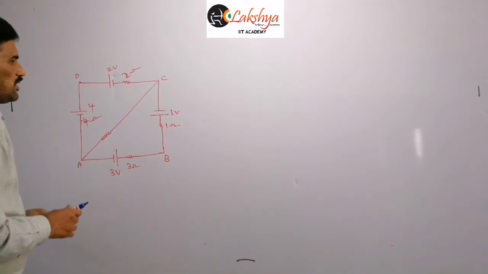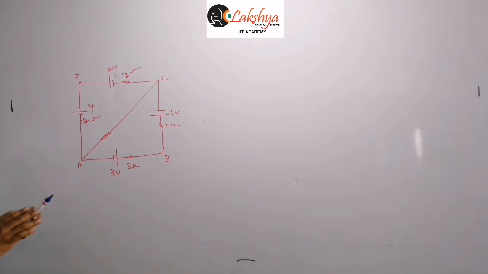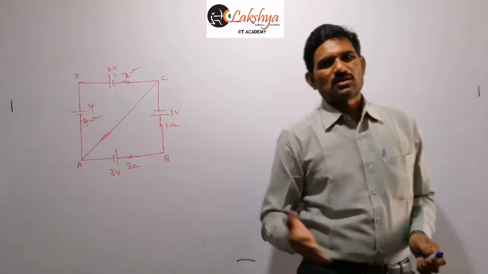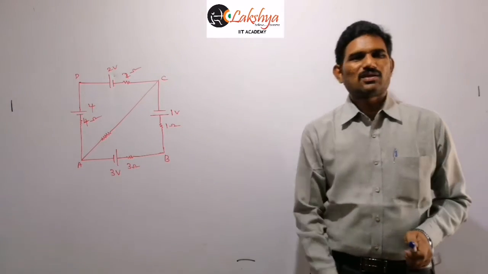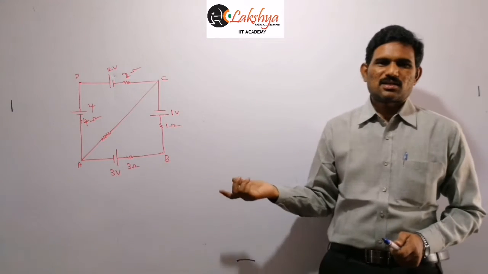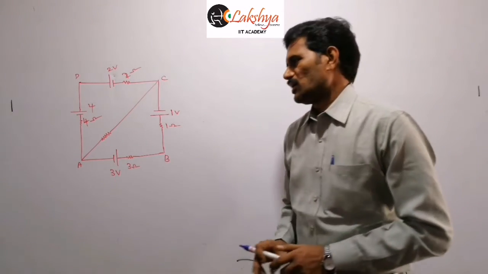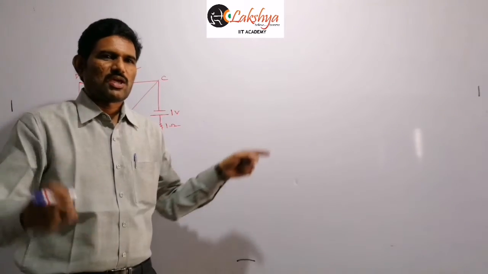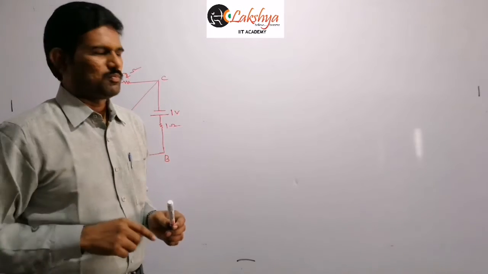Right? And so now in this different cells are there here. So then we need to take some current distribution first, and then after taking the current distribution, then we find the current value. If you know the current value, then potential difference between A and C you can easily find in this problem, because A and C are directly connected here. When A and C are directly connected, then just we can apply this IR formula here, right? So if they are not connected, then we follow our previous procedure. We assume a cell is connected between them, and then we apply the Kirchhoff law for the whole loop.